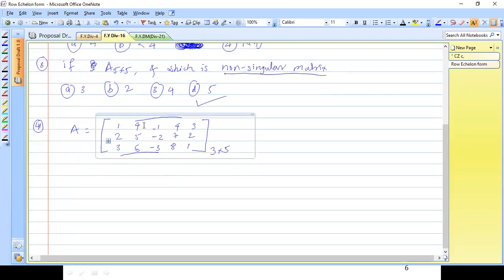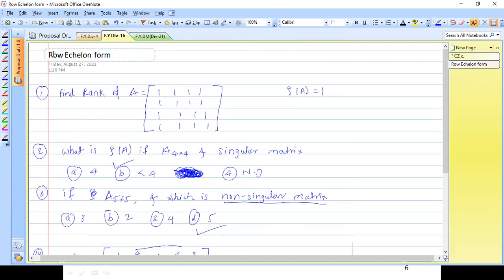For 2 by 2 also we have lots of combinations, near about 10-20 combinations you need to find. Even if you miss one minor and that is not equal to 0, then all your work will be flushed out. So that's why we have an alternate way, and that way is called row echelon form. The topic next is row echelon form.